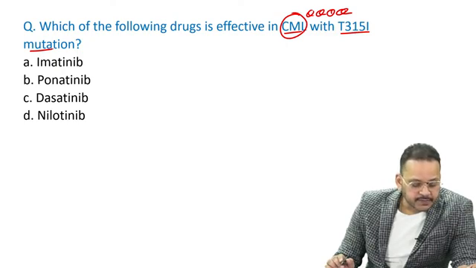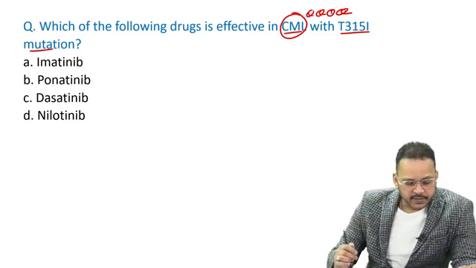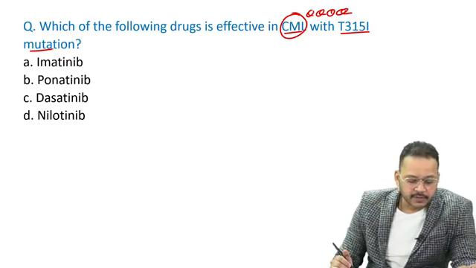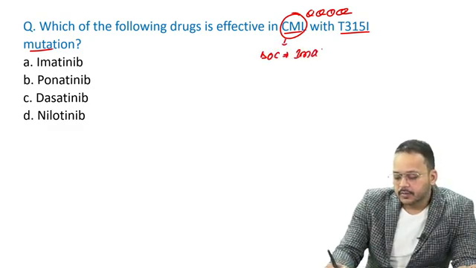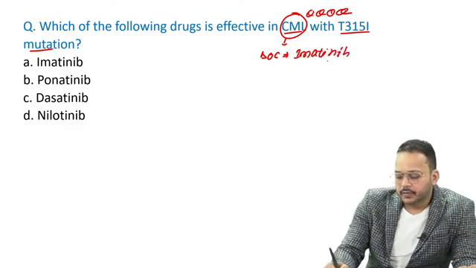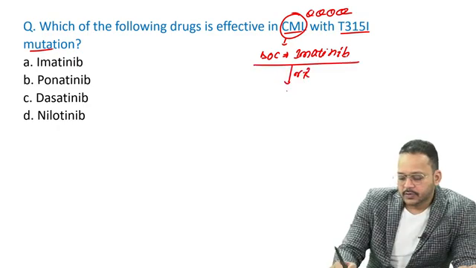So what is the answer, guys? Now we are getting some right answers. Most of you went for imatinib straight away looking at CML. But remember, guys, if it is CML, drug of choice is imatinib. We know that, right? And if there is no response to imatinib, I can use